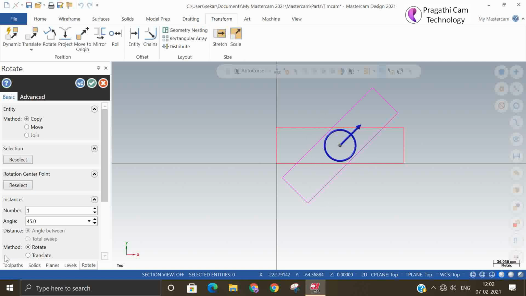It is left to you. So you are free to change the rotation point wherever you want, and which is a reference. With that reference you want to rotate, you can rotate. So but here there is no meaning using join command.